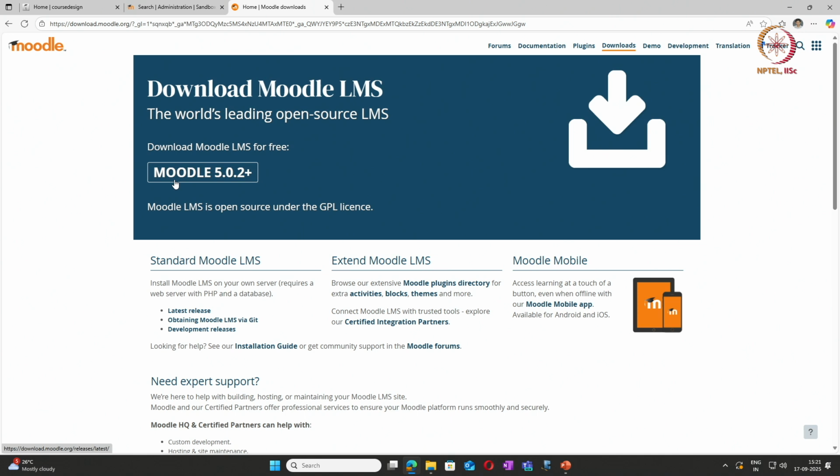The basic requirements at the server level to install the Moodle are an Apache server, a MySQL database, and PHP running at the backend. For each version of the Moodle, the documentation gives which Apache version we need to have, which version of PHP should be running, and what version is required for the MySQL database. It is not only MySQL, it can be PostgreSQL; very many types of SQL databases can be used compatible with this Moodle.